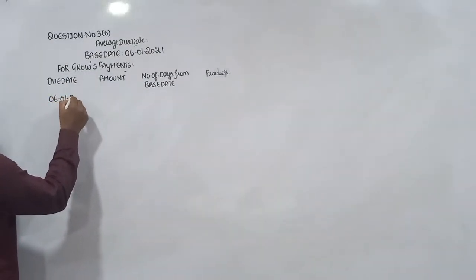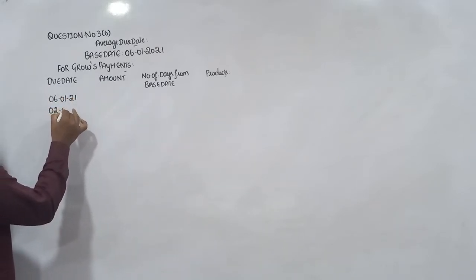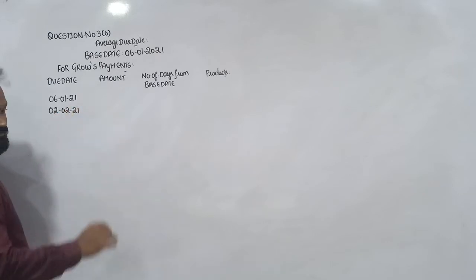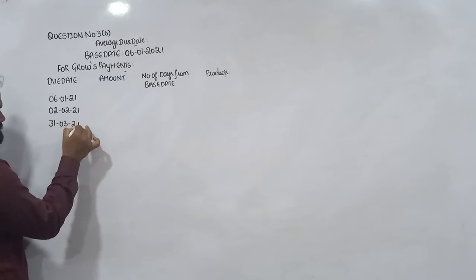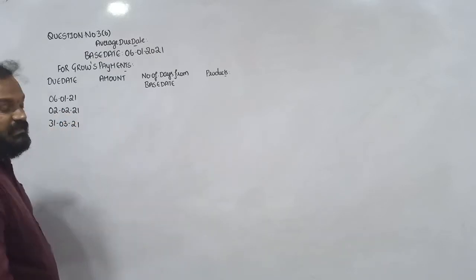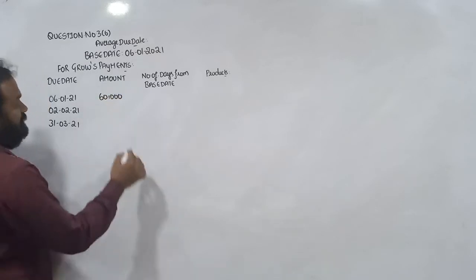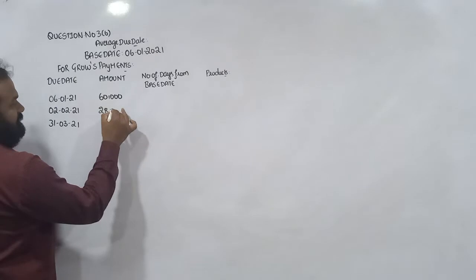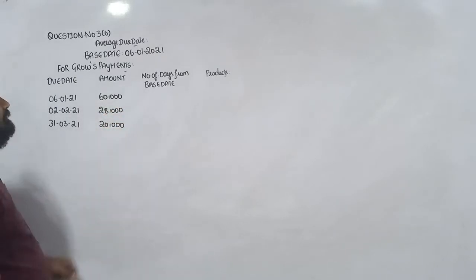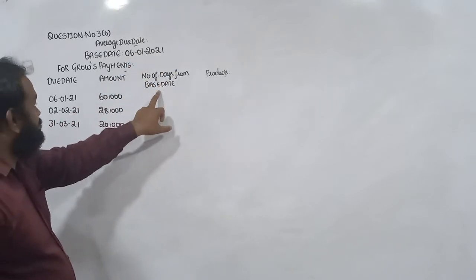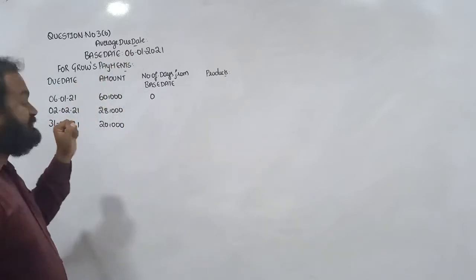6th January 2021, 2nd February 2021, next 31st March 2021. What is the amount? 60,000. Next 28,000. Next, boys and girls, 20,000. So base date, number of days from base date, 6th January to 6th January 0, 6th January to 2nd